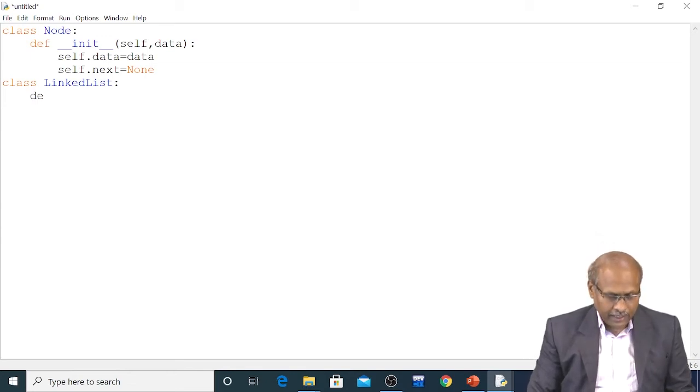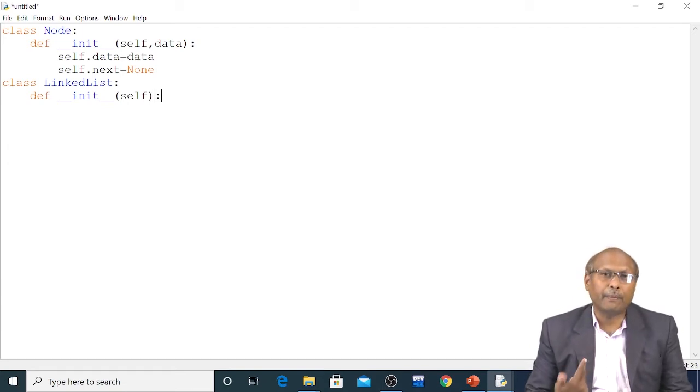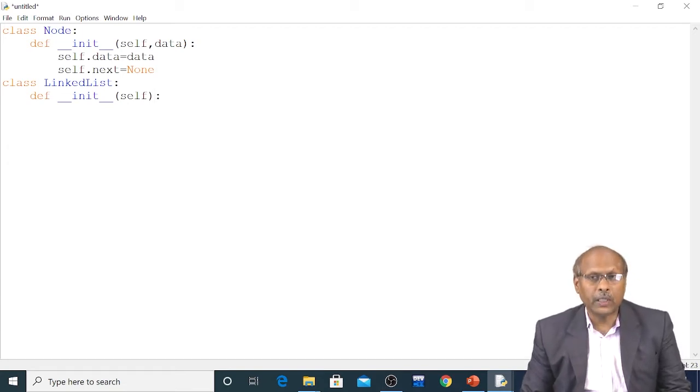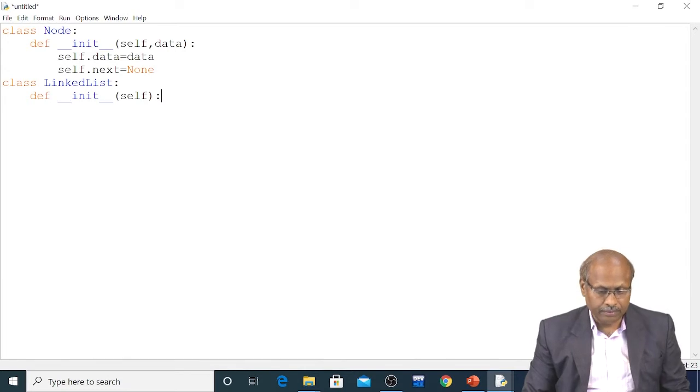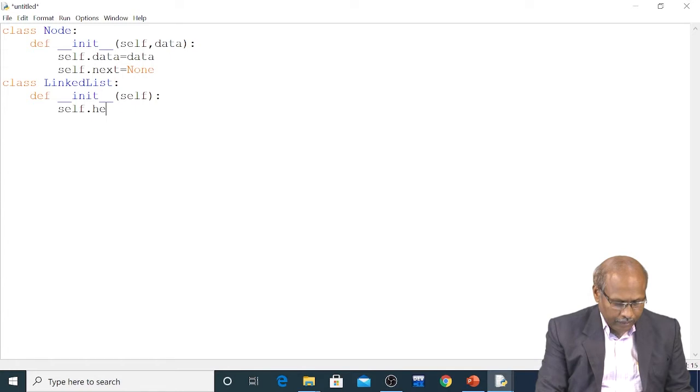So write def __init__ within brackets, self. Self is a built-in referential parameter which will be pointing to the current object. Here for every linked list I should have a start pointer or head pointer, so I will write self.head.